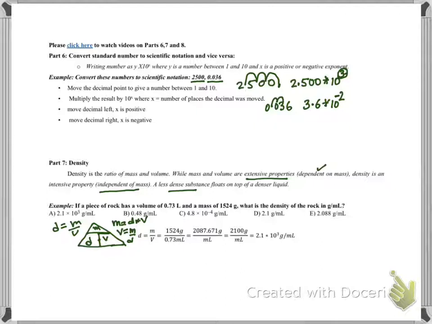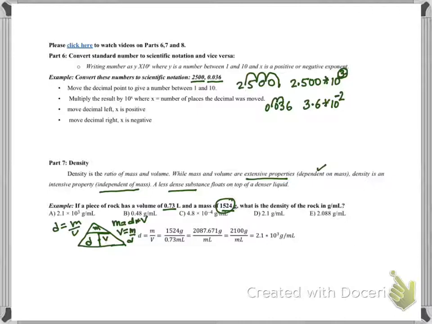So if you look at this question, if a piece of rock has a volume of 0.73 liter and a mass of 1524 grams, what is the density of the rock in grams per ml? So we are finding the density, which is mass over volume. Mass is 1524 grams and volume is 0.73 liters. So when you divide 1524 by 0.73, you will get